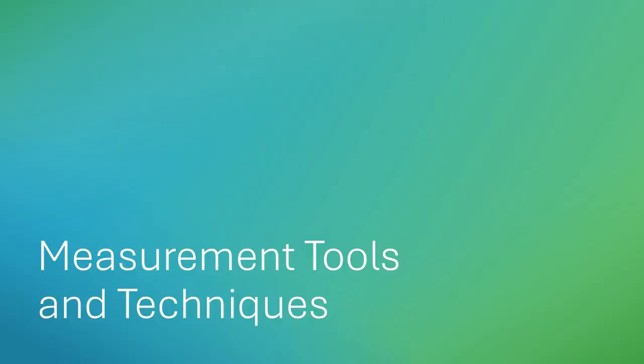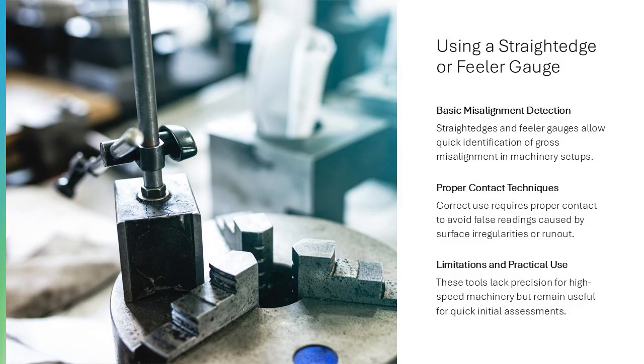Using a straightedge or feeler gauge, checking and correcting soft foot, using dial indicators. Straightedges and feeler gauges offer a basic method to identify gross misalignment. While not precise enough for high-speed machinery, they provide quick initial assessments. This slide describes proper contact techniques, limitations due to coupling runout or surface irregularities, and the situations where these methods